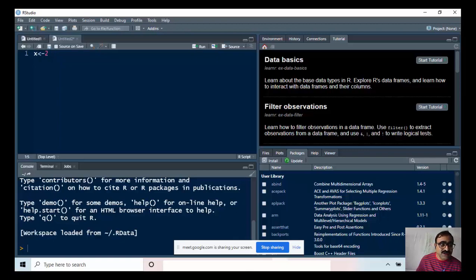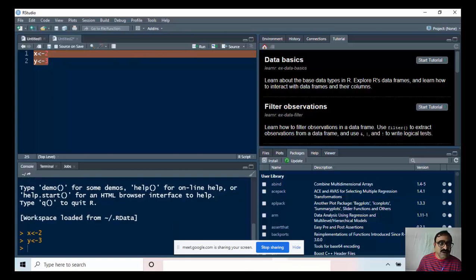And y <- 3. To run this, I just select these two, and there is an option Run. So x and y, the result will be shown at the bottom.